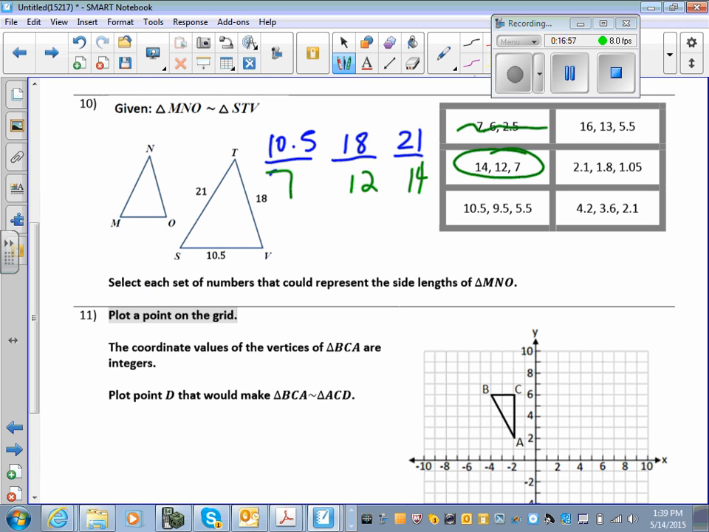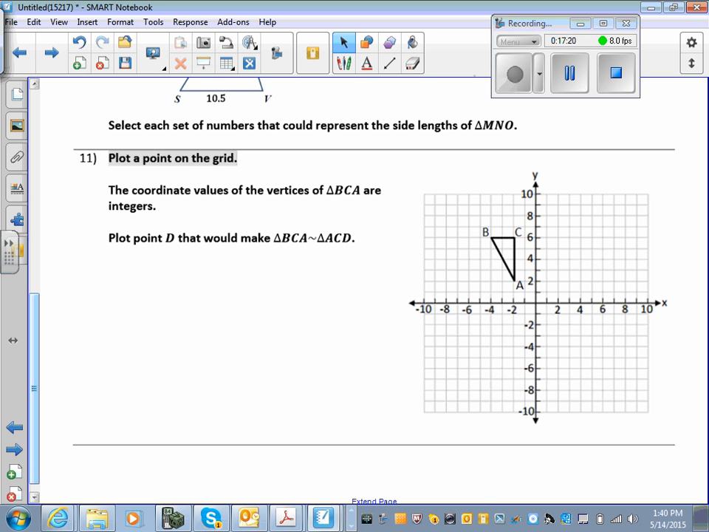So continue to work out the other problems so that if it is more than one answer, then you know. Select each set of numbers that could represent the side lengths M and O. So there might be more than one answer. You have to pick 2 or 3 of them. So do it the same way we just did. All right, number 11